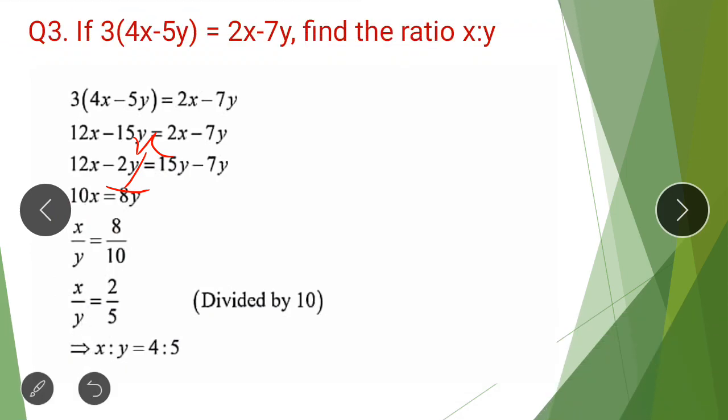Then okay, here we can say that 2 5s are 10 and 2 4s are 8. So here rectify the mistake and you can write 4 here. So the ratio of x, as you can write the ratio in fraction form and in this form as well. So x ratio y will be 4 ratio 5 here.